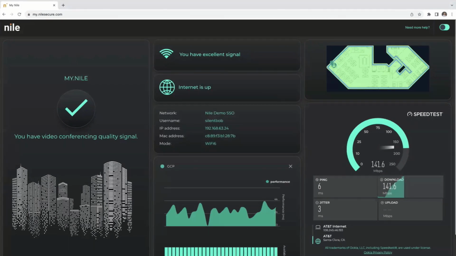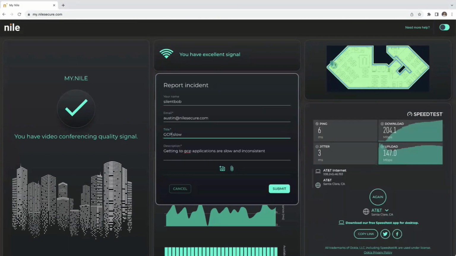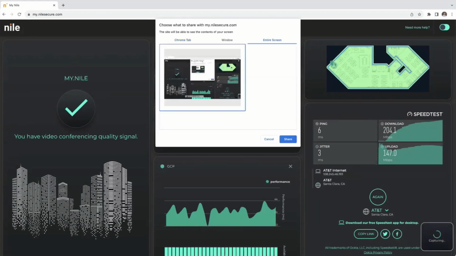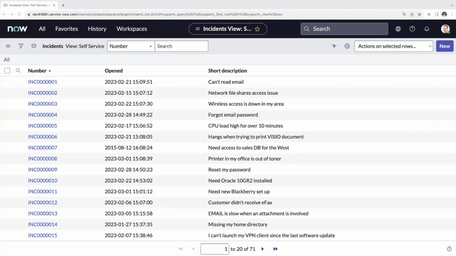Now, if none of this is indicating what the issue might be to give you some level of assurance that, hey, just wait, it'll go away, you could even open a help desk ticket to give that help desk person all the nerd information they need to start troubleshooting this. Instead of them asking you what's a MAC address, what's an IP address, can you open up a command prompt, can you do a trace route, can you do a ping? That goes away. From this portal, they can click, put in some relevant information, take a screenshot of this portal, send it off right to the help desk, and then the help desk goes into ServiceNow or whatever their ticketing system is,